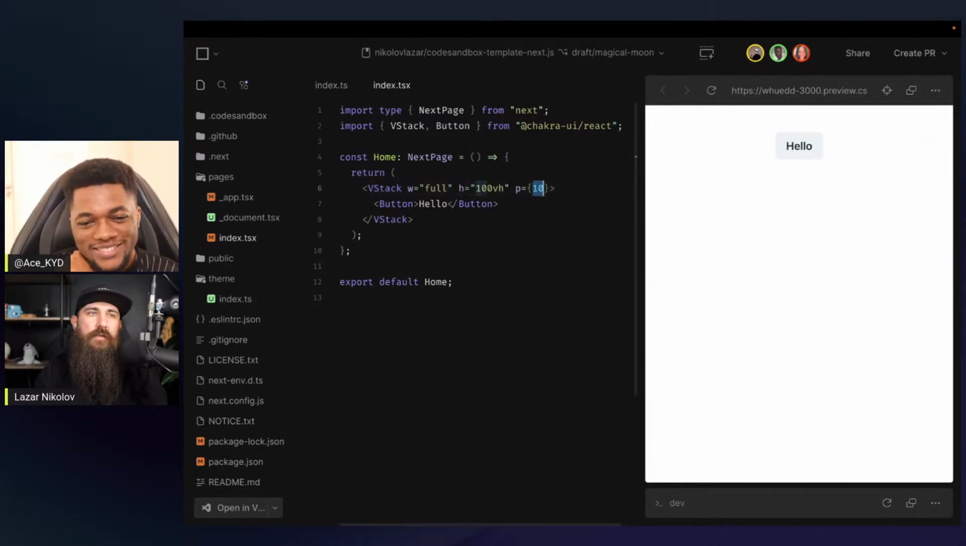Why is that? One unit from the spacing system equals 4 pixels. So p equals 1 is not 1 pixel, it's just 4 pixels, right? So 10 is 10 multiplied by 4, 40 pixels. That's how many of the design systems are implemented, just by providing these values